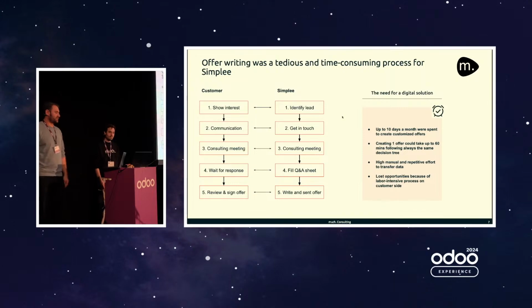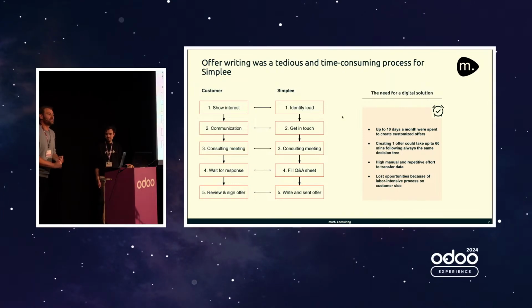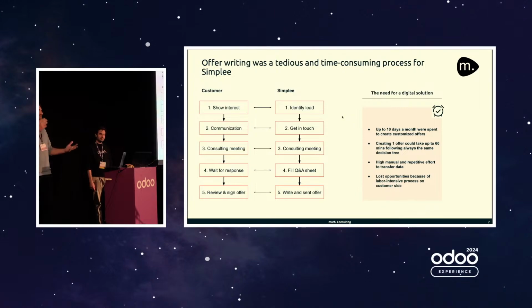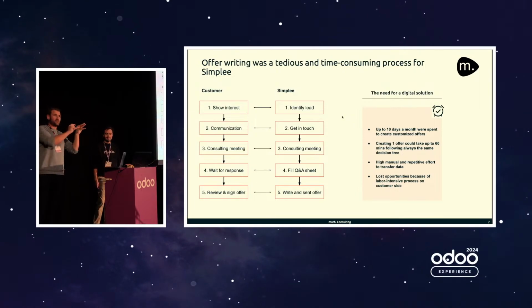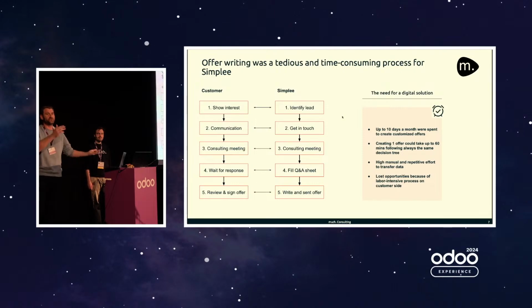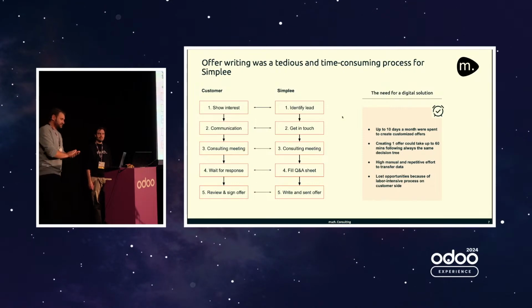Looking at the sales process itself, we have an interest from the client. We have a consulting with the client: what are actually your needs? What do you want to do? Then we have meetings and calls with them. We discuss, okay, we want to have this product, but then this service, because that matches with that. But we also have another product. This one is needed for this one because you can't do it by yourself unless you do it for the second time. Also, it has